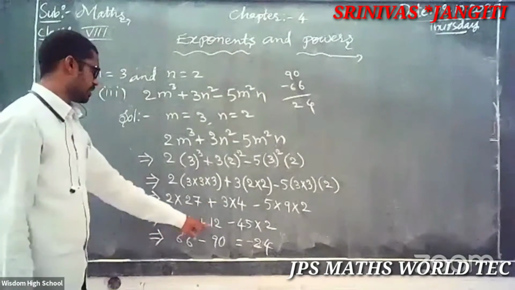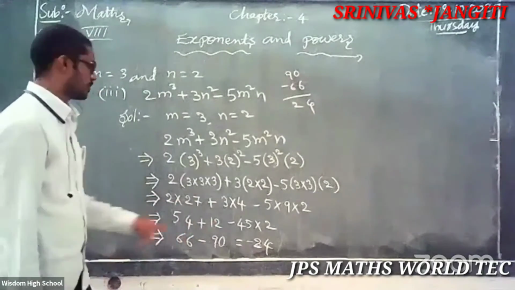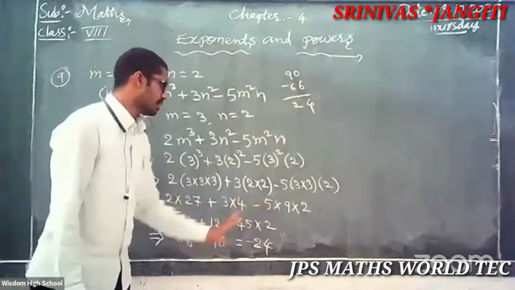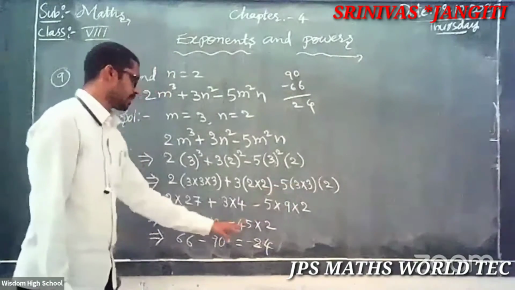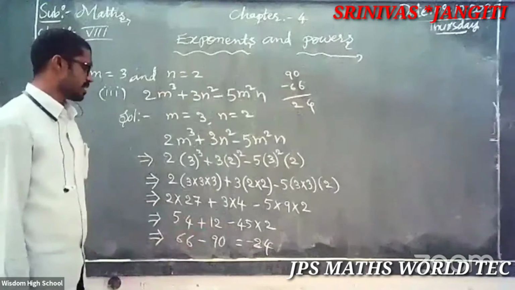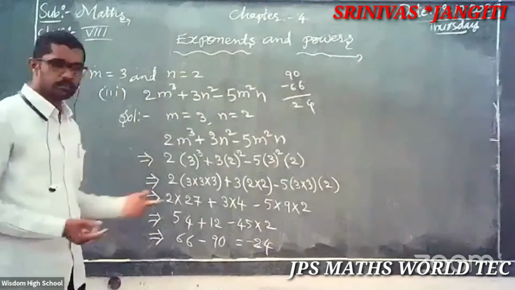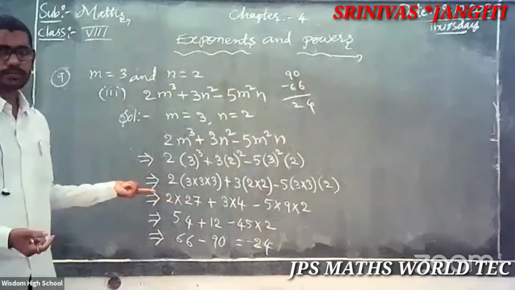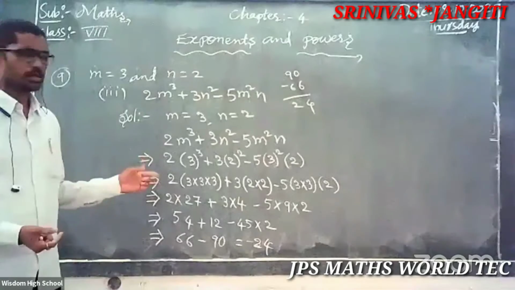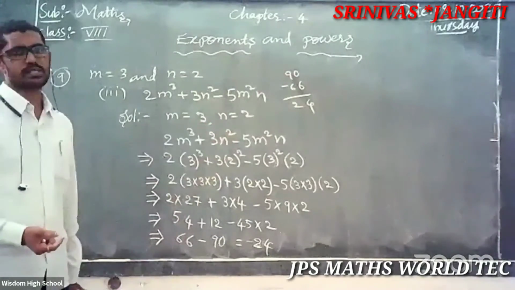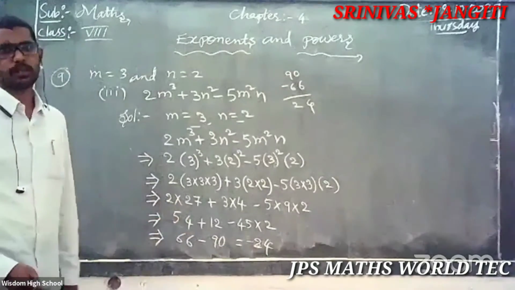So finally you get here, what is here? 62. Here what is here? 66, right? Then after here, 5 9 is the 45. How? 3 3 is the 9, that's right. 5 9 is the 45, 45 2 is the 90. So 66 minus 90, you get minus 24. Simple. Easy only, now this is. Clear? So simple. Just substitute the replaces that are given, 3 and 2. That means so simple. Okay.